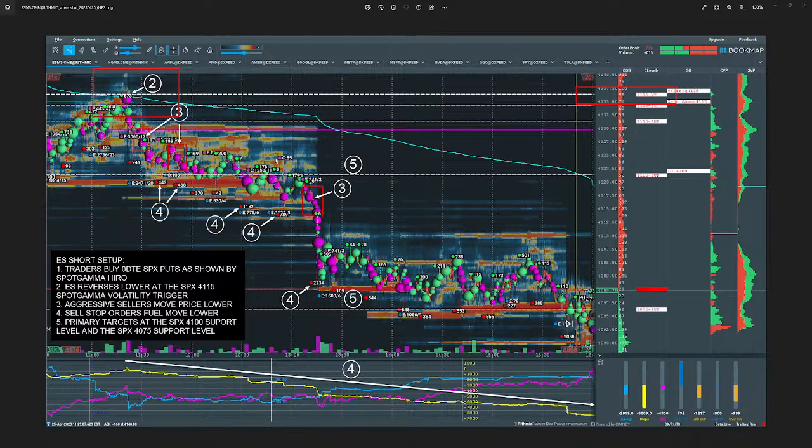Price trading below that volatility trigger, market makers' position on the gamma curve shifted to negative, and the evidence for that was the SGI, Spotgamma Gamma Index, shifted to -1 yesterday on the 26th. So here was the actual point where that gamma notional shifted to negative, again driving a strong downtrend on Tuesday.